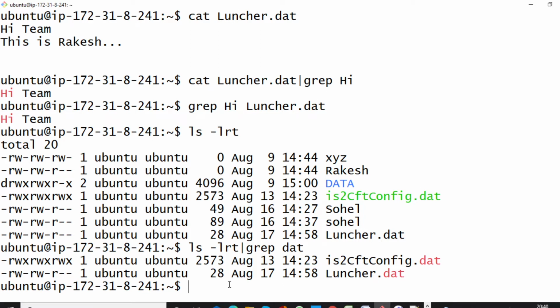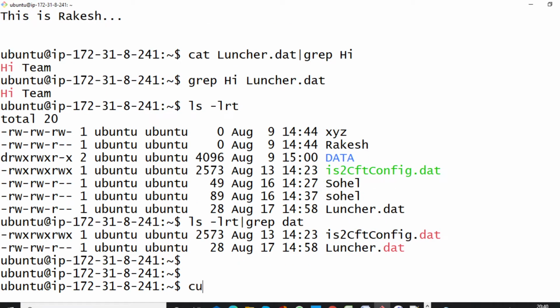Now we have to see the cut command. So cut hyphen d, d means delimiter, so we will have to put the delimiter here, then hyphen f, f stands for field, then which field you want to print. Let me type 2, then your file name. We will search the field from the file launcher.dat.